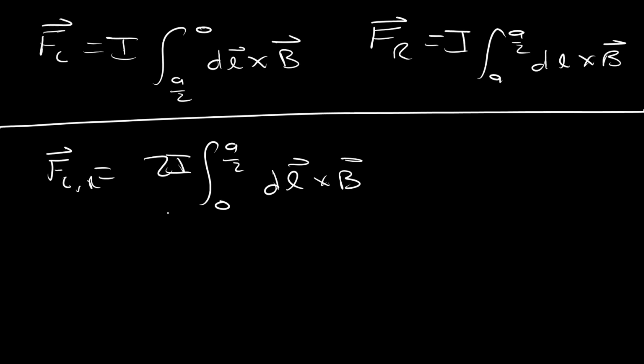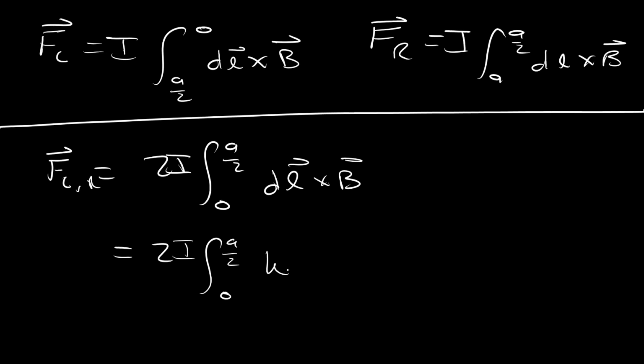We can sub everything in, and then we can take care of our directionality. So we get 2i, not pi, 2i times the integral on 0 to a per 2 k